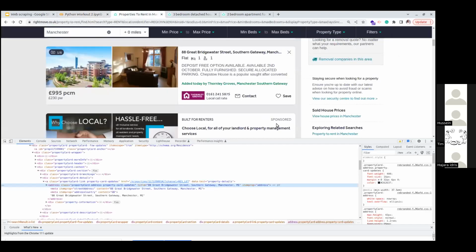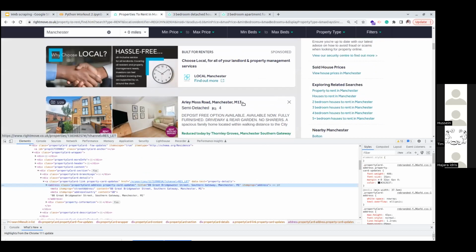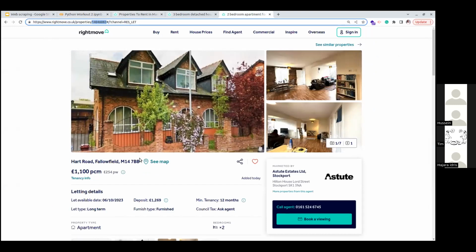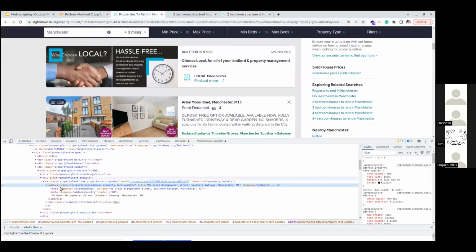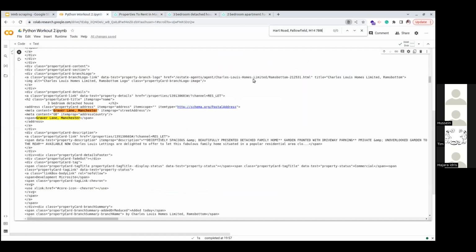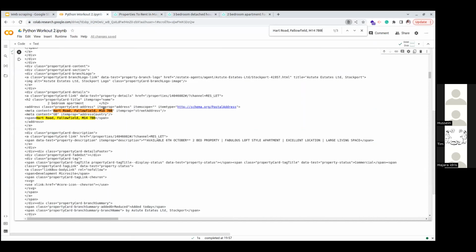So let's see for another address. Let me check for this one, just to establish the fact that it has been reassigned, that it is not inside this address tag and is actually showing this meta one. The good thing is that that's the address we are still looking for, so it doesn't change anything for us. So yeah, I'm correct.